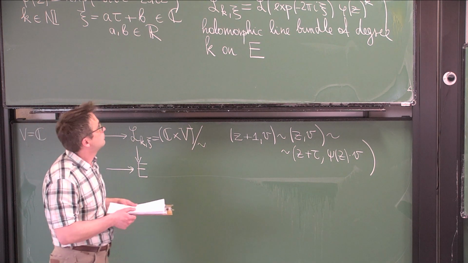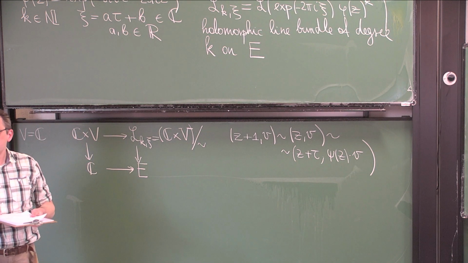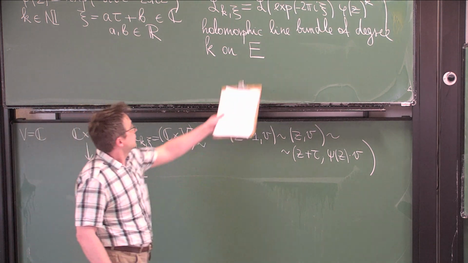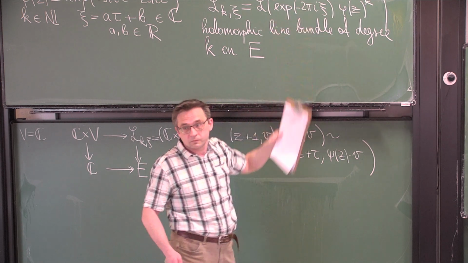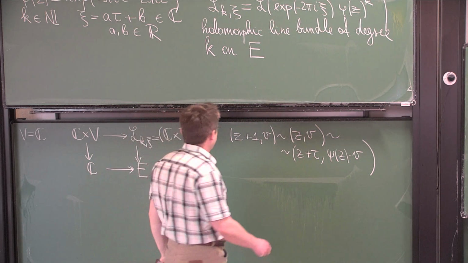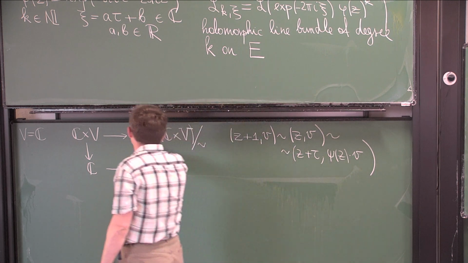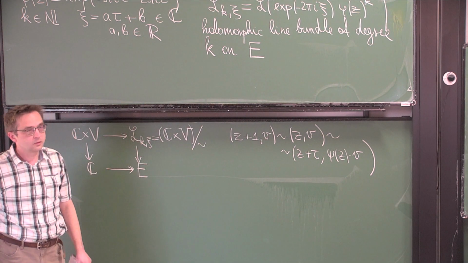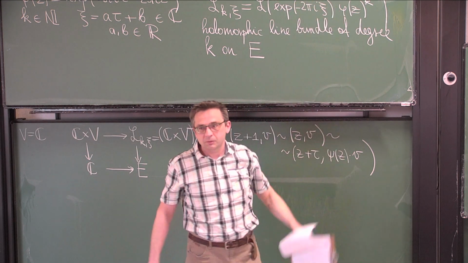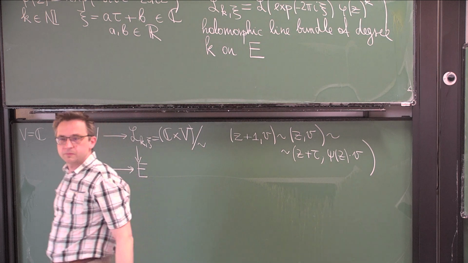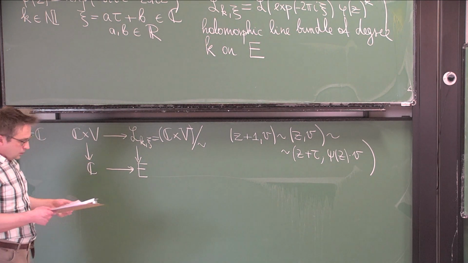Psi, I don't have to know what it is. Psi of z? Well, psi, it appears above. No, psi. Psi of psi, it appears. It's explained below. Oh, I didn't see that. Yes. All right. So